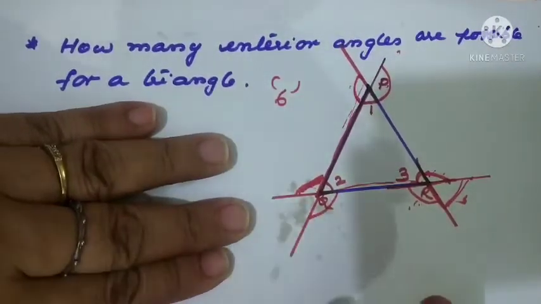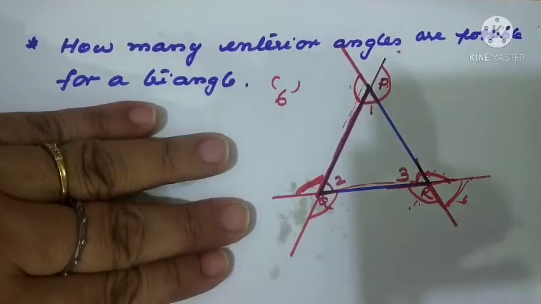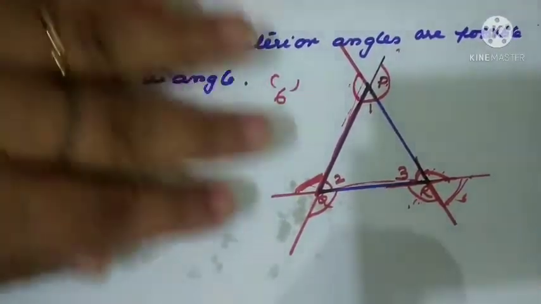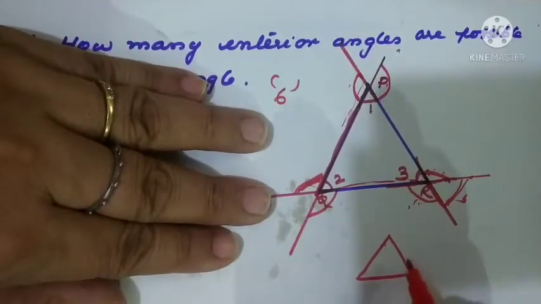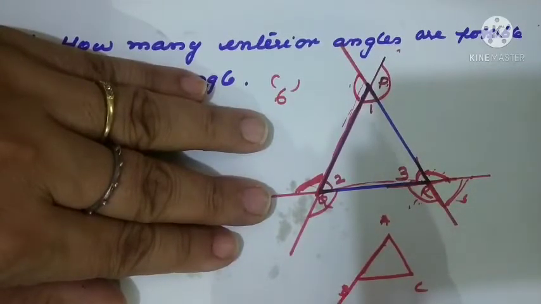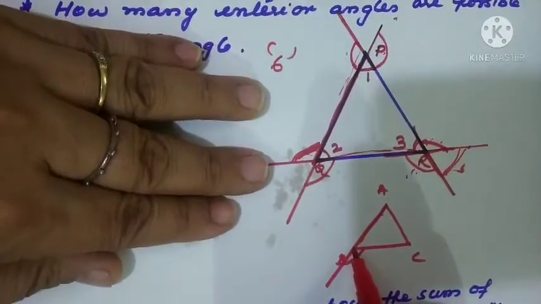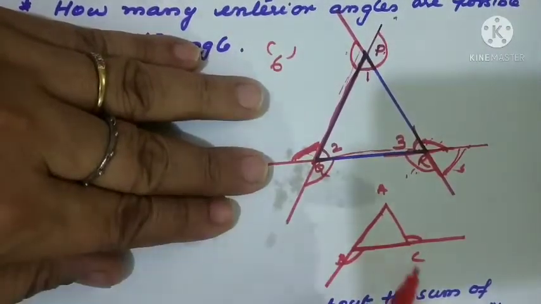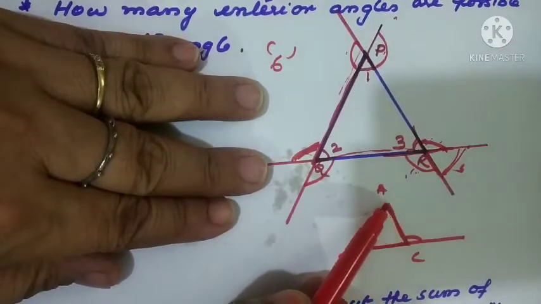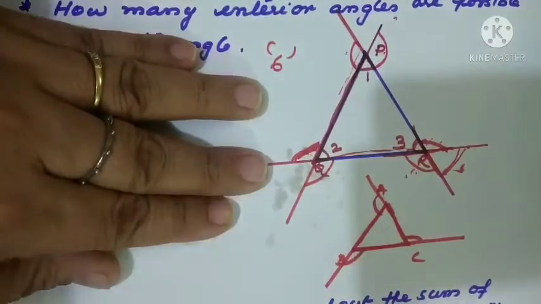So now you understood what the angle is and how many angles we are getting. So there is a chance of knowing the exterior angle in advance also. So we can say that 6 exterior angles are possible. One more time let us see. When we are having a triangle, I'll take now ABC. So first I'll extend AB. So I'm getting an exterior angle here. Right? Now I stopped at B only. BC I'm extending. I'm getting an exterior angle here. Now C I stopped. CA I'm extending. That means 3 sides I have extended.